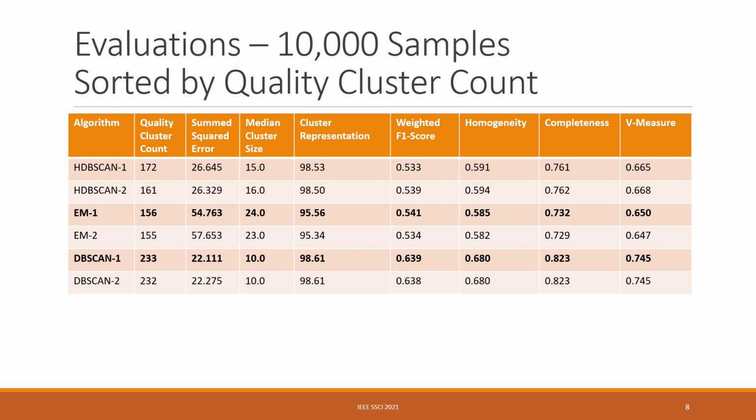Benchmarking now our top expectation maximization individual with our top DBScan individual. And the story is much the same as with HDBScan, except now to an even greater degree, as median cluster size for expectation maximization is way up at 24 versus 10 for DBScan. We again see that across the board, DBScan continues to outperform, as we would expect for such a difference in